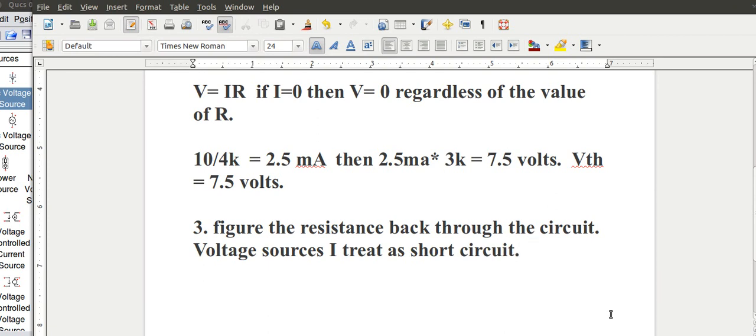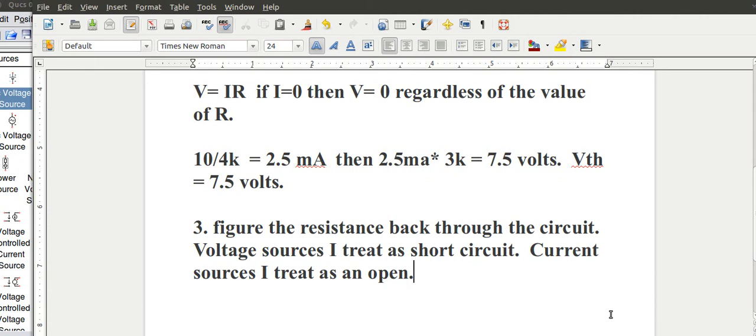Later on, we're going to talk about Norton, and so I need to add this part. Current sources, I will treat as an open. Where this typically is taught in the classes that I teach, we haven't really talked a lot about a current source. Voltage sources is something that will give you a constant voltage and will source however much current it needs to in order to maintain that voltage